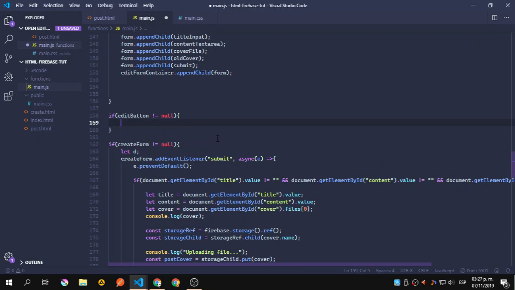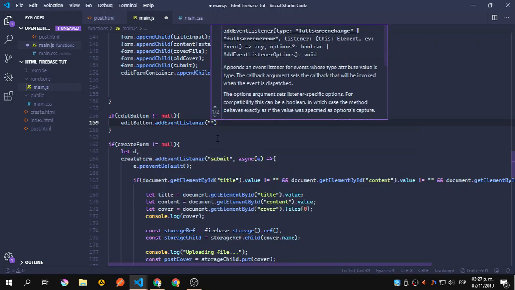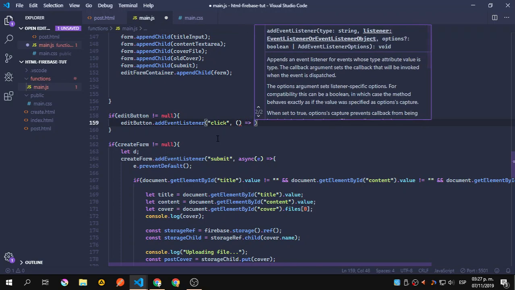So we're going to check if we have access to this edit button, and edit button that add event listener. So we need to add a listener for this. The listener is going to listen for the click event on that element, and we're going to add the next listener that is going to be